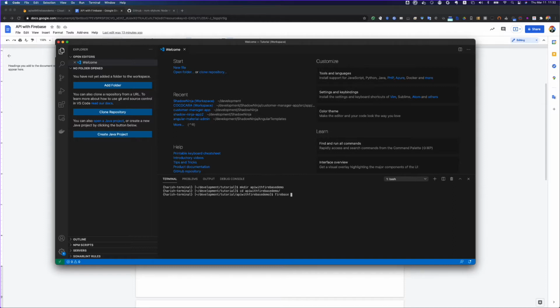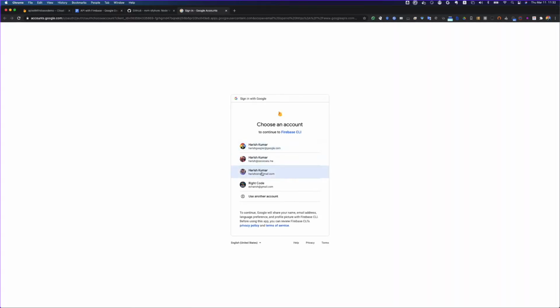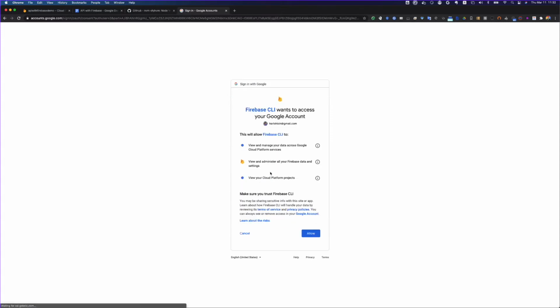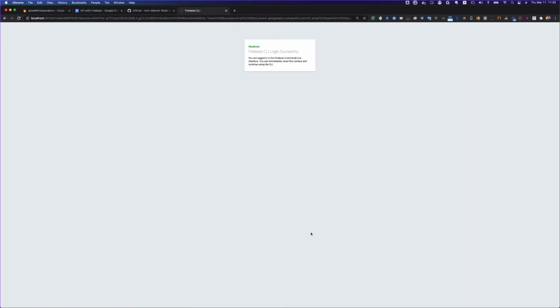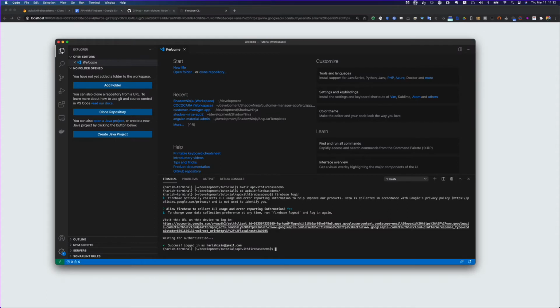So I will do firebase login, and once I click on that, it's going to ask me whether I want to participate in usage and report. I'll say yes, and now I will select my account, and if I see here, I'm logged in. Now my login is done.